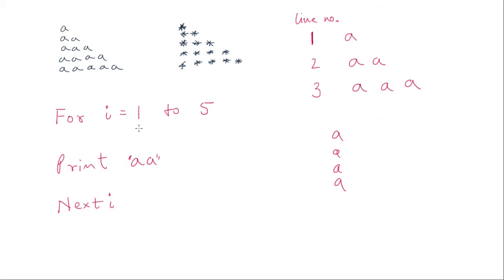So when I was 1, it should be 1 time printing. When I is 2, it should be 2 times printing. How to get that? We have to have another loop. You should know that going down is a loop. You should identify or understand that going down is a loop. Going this way is also a loop or not?